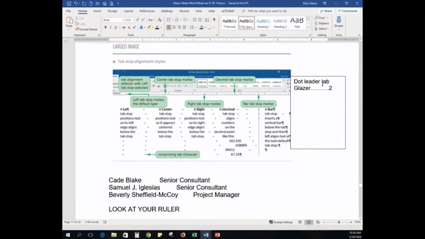And then there's one tab that I use all the time that's not in your book, and it's called a dot leader tab. This is great for a table of contents or a telephone list when you have a list of things on the left and then a related list on the right, and it's really hard to follow across the page. If you have everyone's name here and their phone number way over here, it's really hard to run across